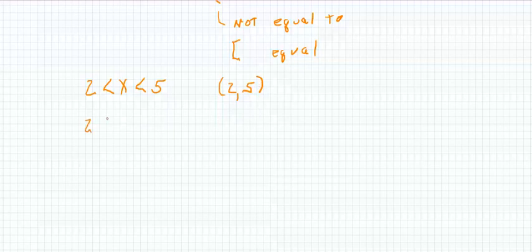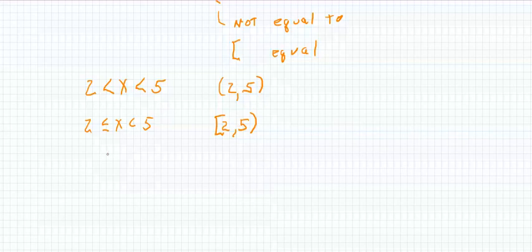If I said 2 is less than or equal to x, less than 5, we'd use a bracket, and then we use a parenthesis. Bracket means I'm equal to 2, and the parenthesis means I'm not equal to 5,